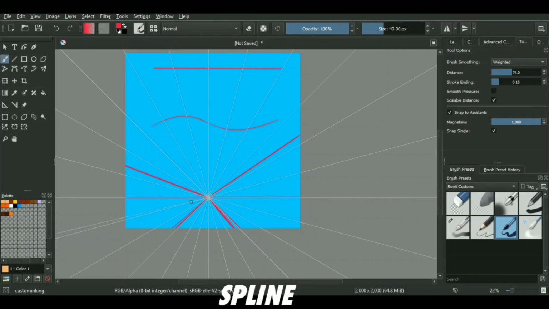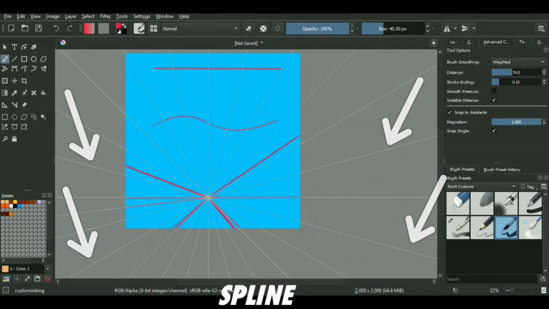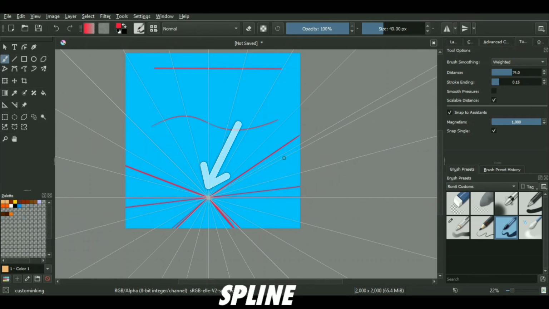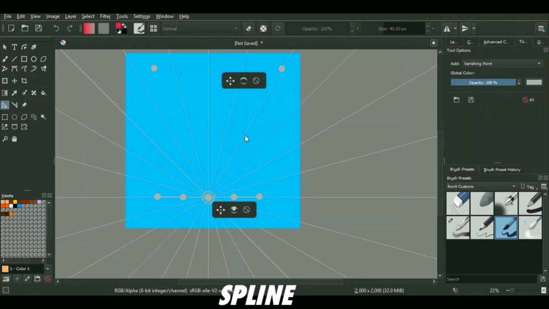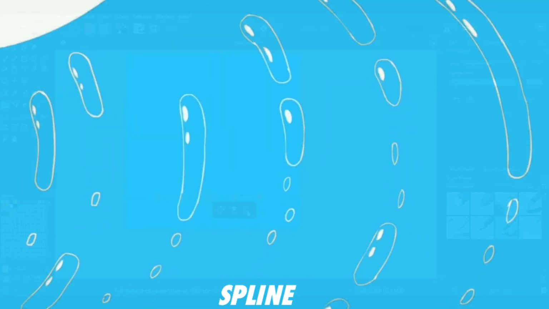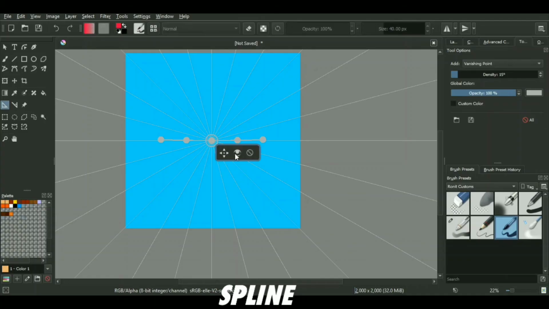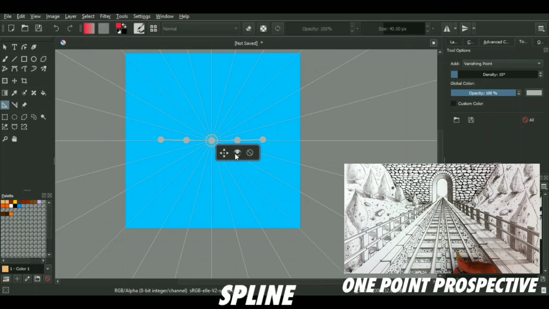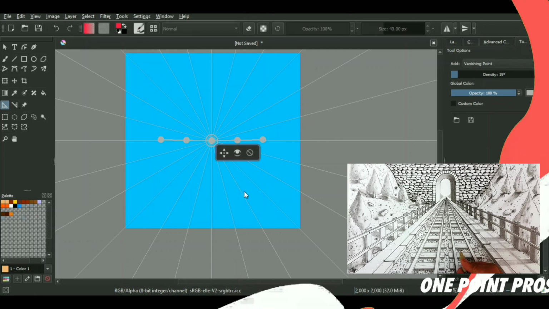Another thing you can observe over here is that all of these lines, vanishing lines, they all are coming from the vanishing point. Or in other words, what you can say is that these lines are moving from you towards this vanishing point. Have you ever seen that railway scene which every beginner artist creates? Yeah, basically I'm talking about that. That scene is basically created with a vanishing point guideline and some parallel lines on top of it.